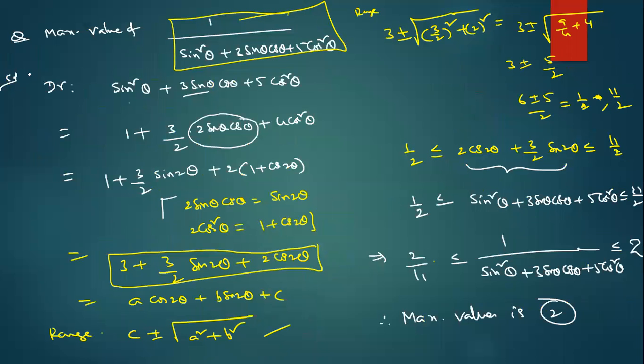Now see, this is a good question here. Maximum value of 1 by sine square theta. This one is a little confusing. So once again, practice these questions, please. This is the required question. F of theta is equal to 3 plus 3 by 2 sine 2 theta plus 2 cos 2 theta. Why? Because here, see, the angles are the same now. Degree is also 1, power is 1. So apply c plus or minus root over a square plus b square. So this is the pattern.